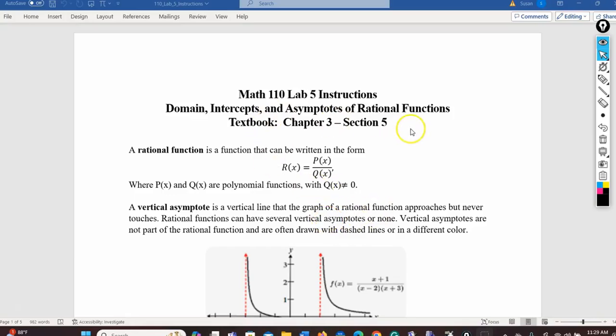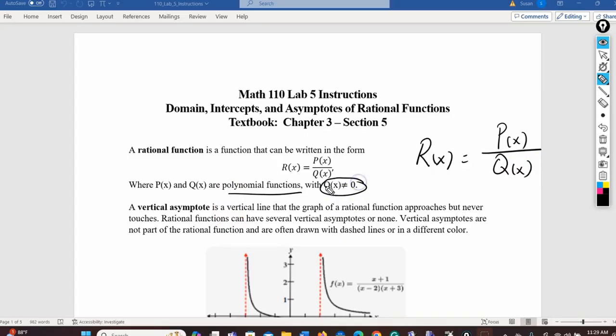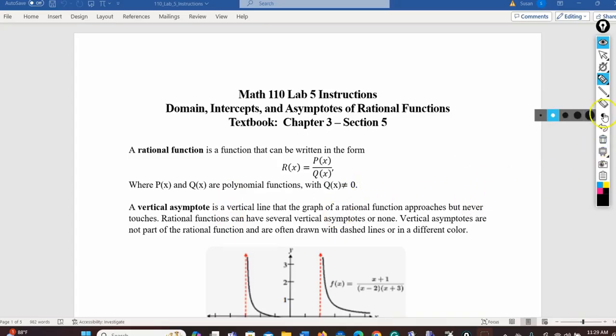In this video, we're going to be looking at characteristics of rational functions, in particular the domain, intercepts, and asymptotes. A rational function is one that you can write as a rational expression. So it'll have a numerator and a denominator, and the numerator and denominator will be polynomial functions. And of course, the denominator is not allowed to be 0. So think of a rational function as a fraction where the numerator is a polynomial and the denominator is a